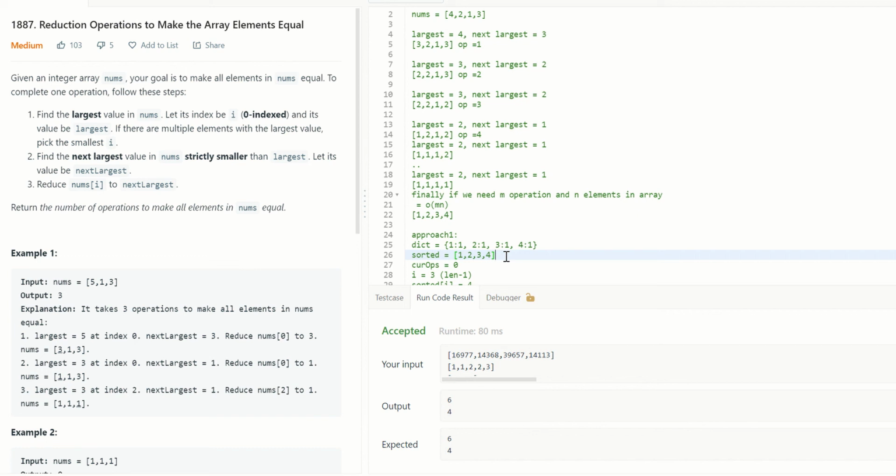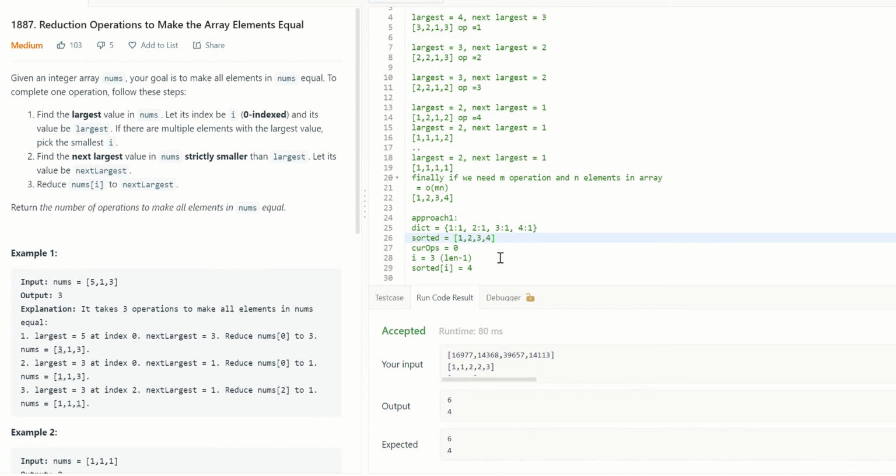Now, as we want the largest and next largest at any given time, we are going to process the sorted array from the end, from the right side. Assuming that we are going through the last index, I'm calling the index I, and it will be initialized to 3, which is length minus 1.